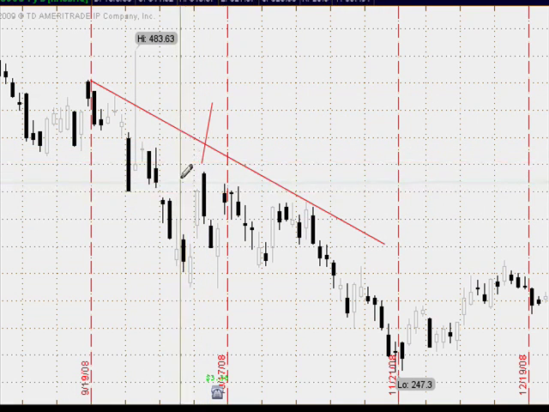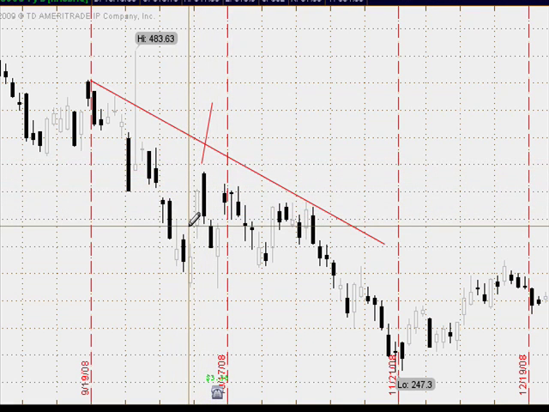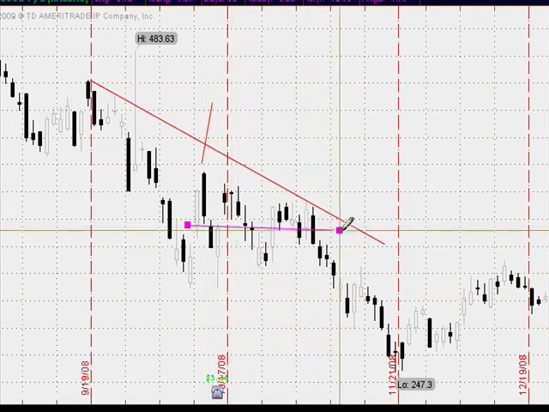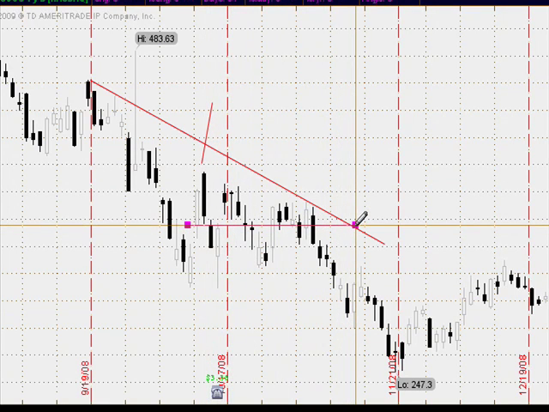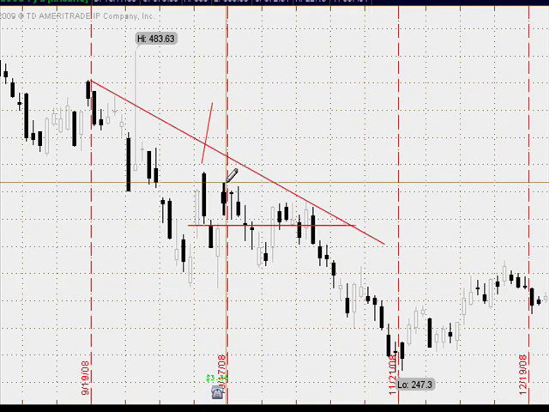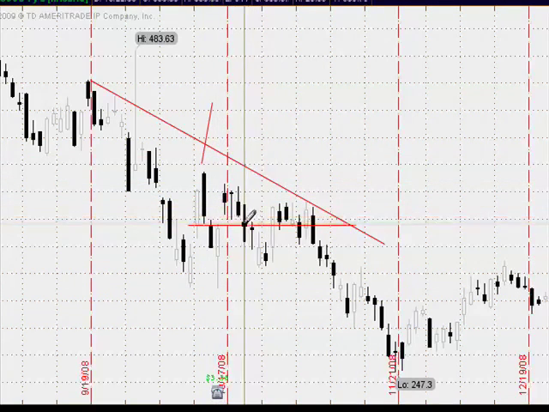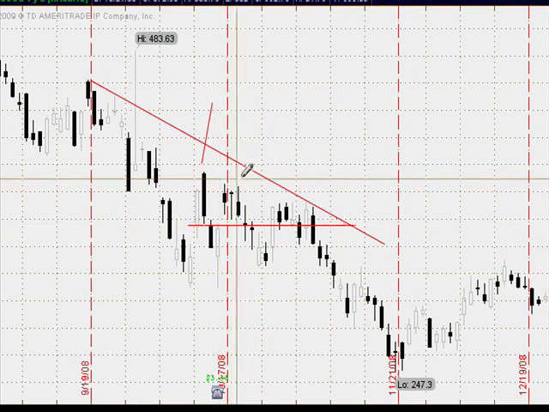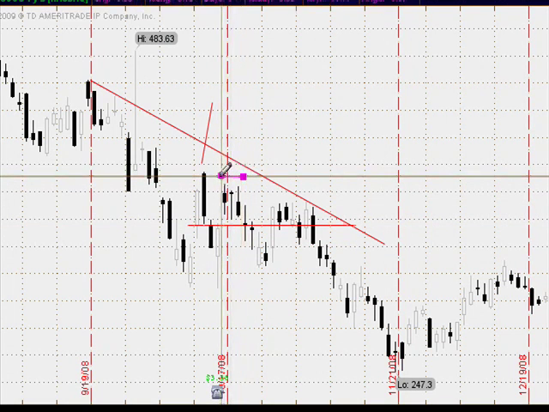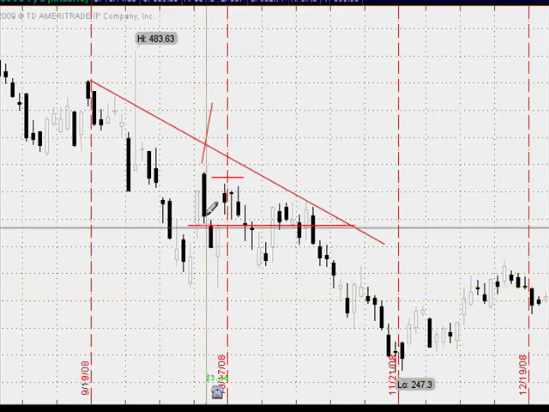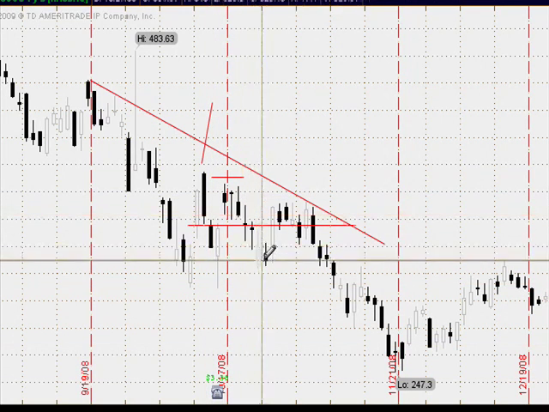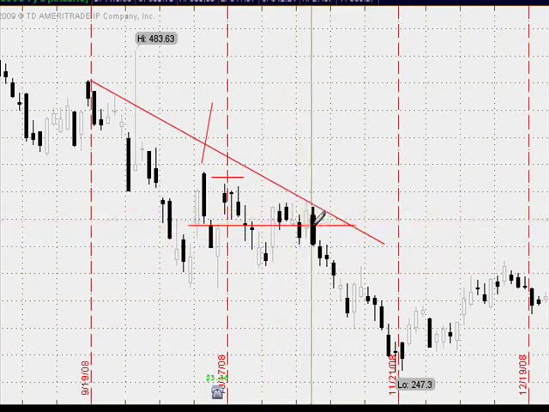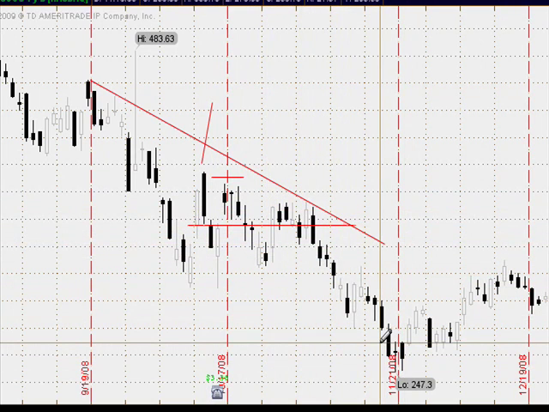But what we would do then is observe the pattern, and then we could put an entry at the open of the first candlestick in the pattern, which, as we can see, would have had us enter right here on this candlestick, and we'd put a stop above our most recent swing high, and that would have had us spooked a little bit, but then the trade continued to